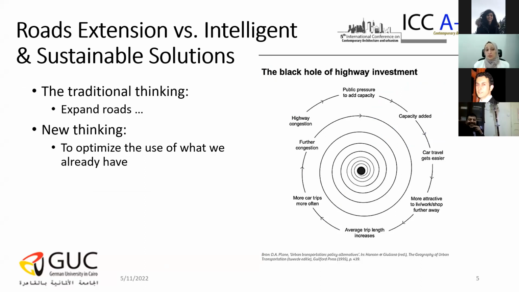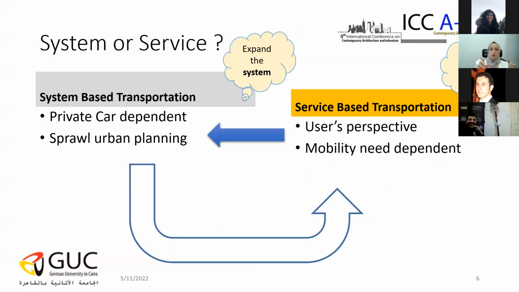Most urban travels or trips are done by urban roads, and that's why we always relate to roads, but this applies to any type or means of transportation. So what we should have done is ask how we can optimize our use of what is already available. So now we need to transition to the main goal of transportation, which is just a service, so people can move from one area to another, or we can move cargo and freight from one area to another.